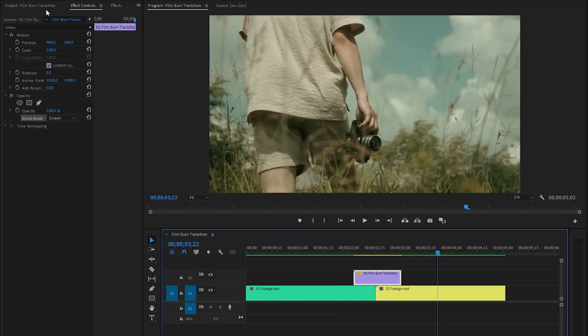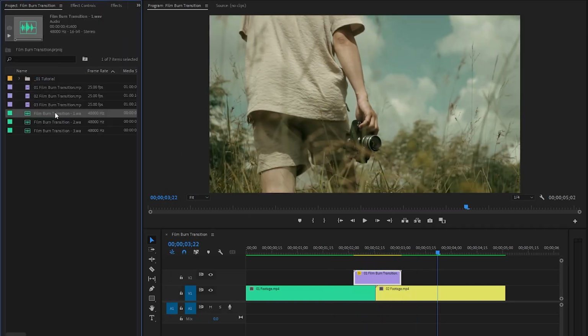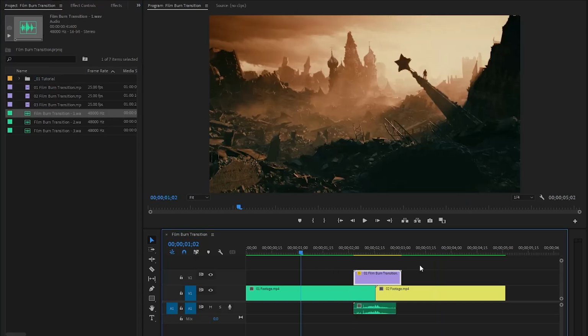Let's go over to the project panel, and then drag and drop the first sound effect onto the timeline. Now we are done. In this way, you can add all the film burn transitions to your video inside Premiere